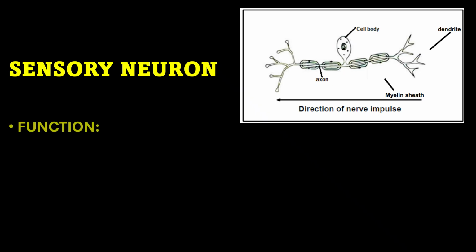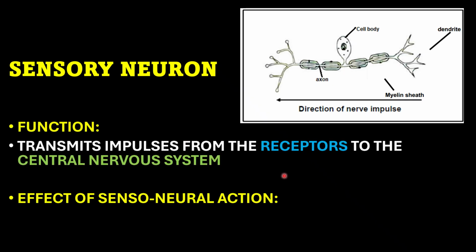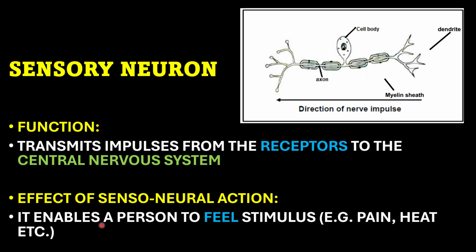Then we go to sensory. What does it do? We take the functions again. It transmits impulses from the receptors to the central nervous system. What are the effects in the body? It enables a person to feel stimulus, for example, pain, heat, etc. Then we go on to the opposite. What will be the consequence